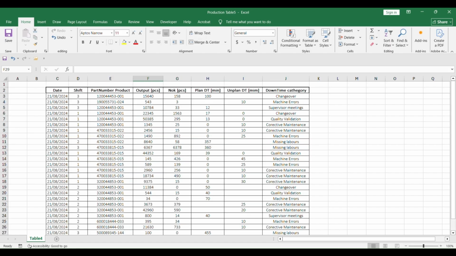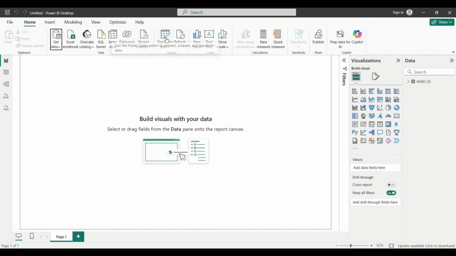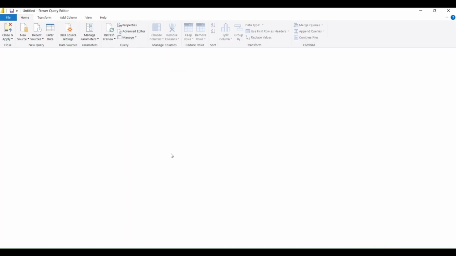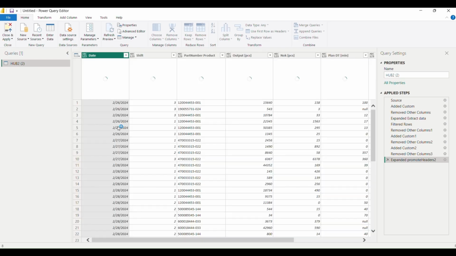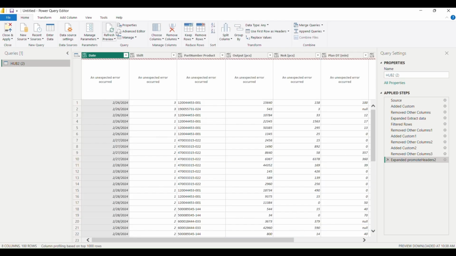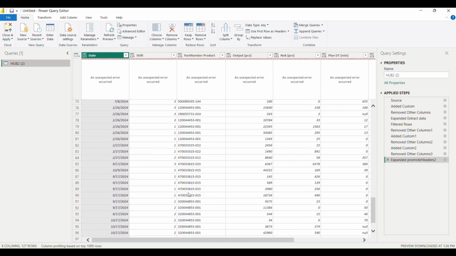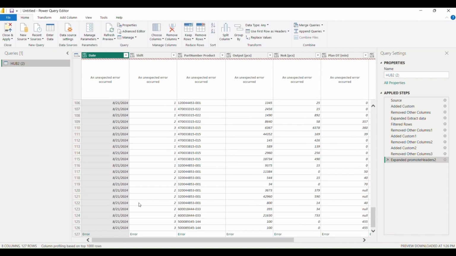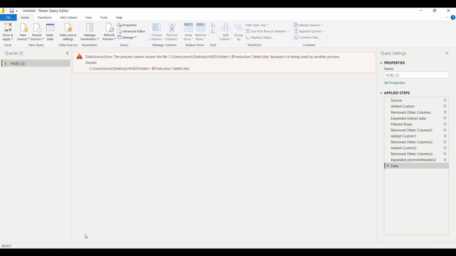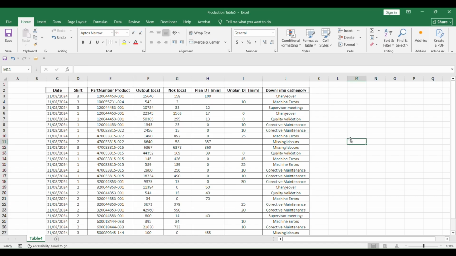Let's save this one, go back into Transform Data, and refresh everything. We should get the last file uploaded. And there is a problem: table 5 is in use by another process. I think it's still open, right?